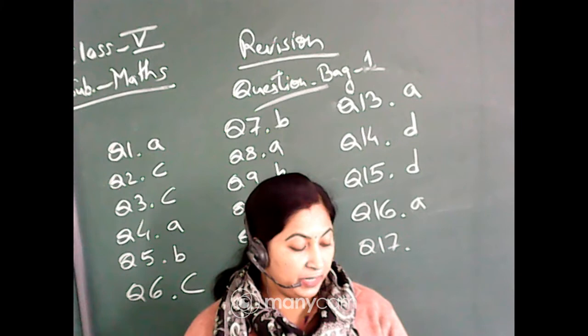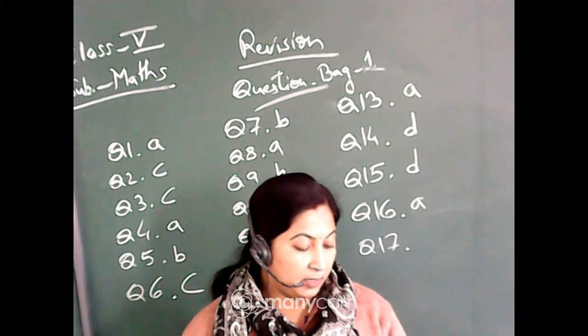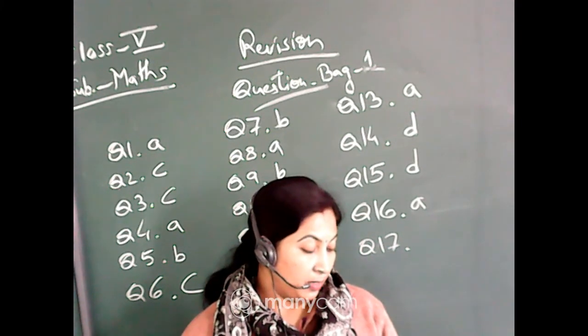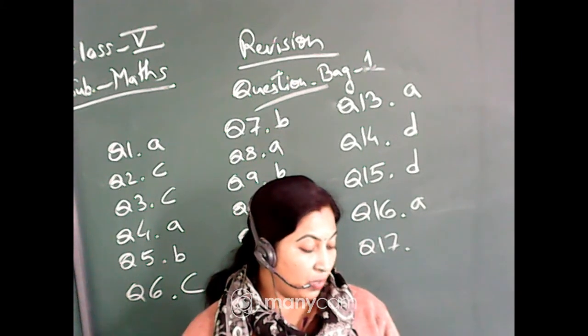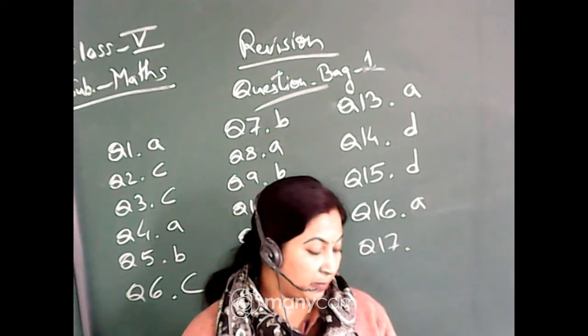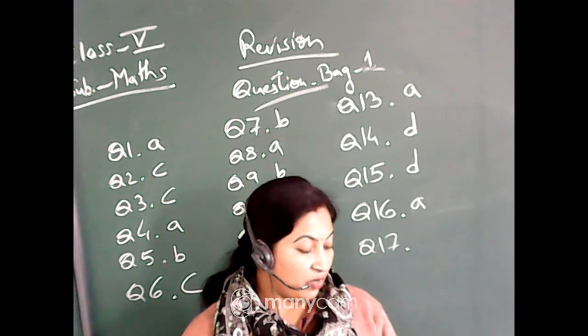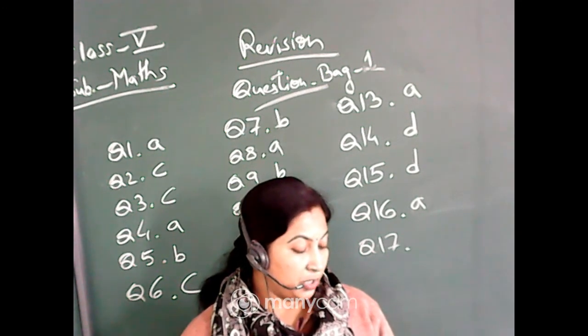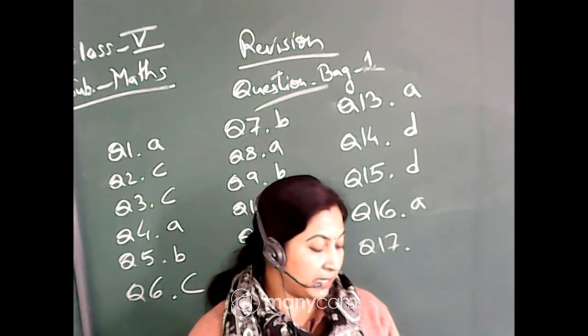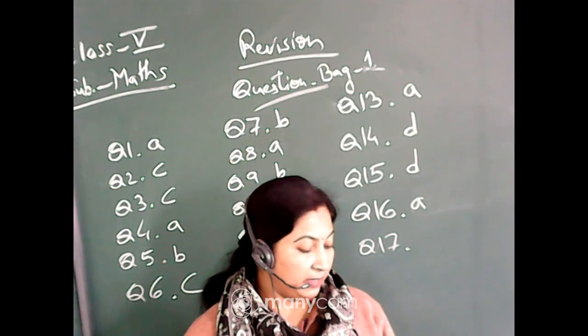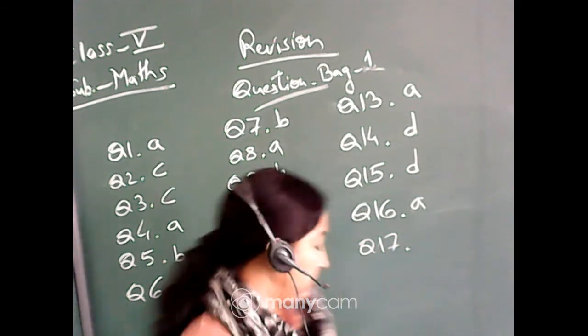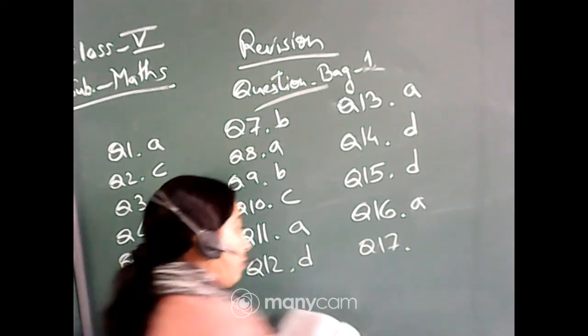From 17.5, one decimal is replaced, and here 41.37, 2 decimals are replaced. That means from the back side you will count 3 digits and then you will give the dot. That means option number B, because from the back side you count 3 digits and then the point. That is 2.364, option number B.